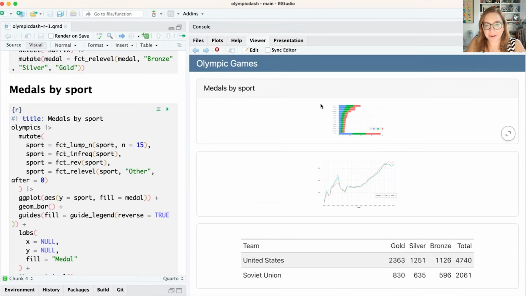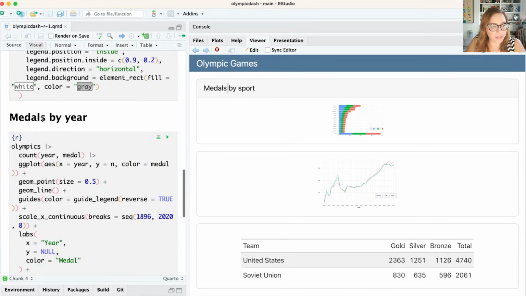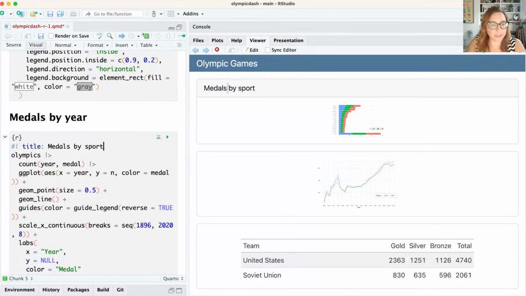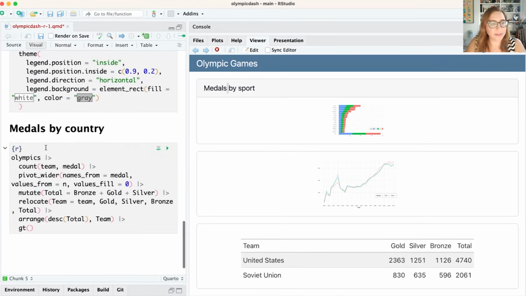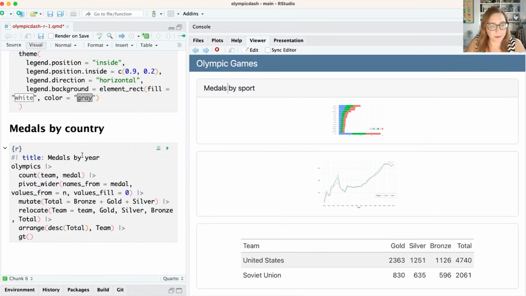I can see that that card has now gained a title, so I can do the same thing for my other code cells that generate plots or tables. This is going to be medals by year, and my table is going to be medals by country. Render that one more time.